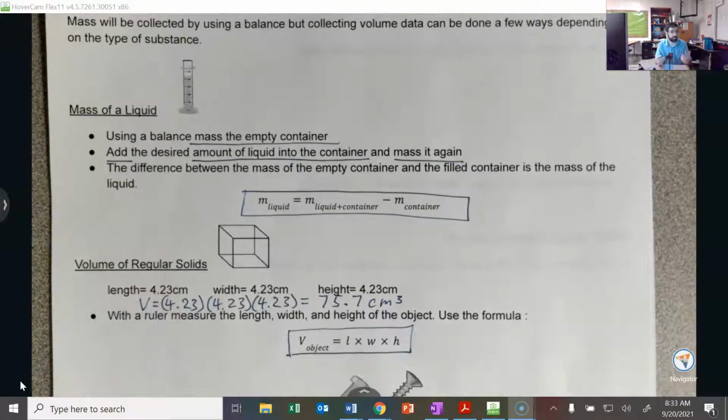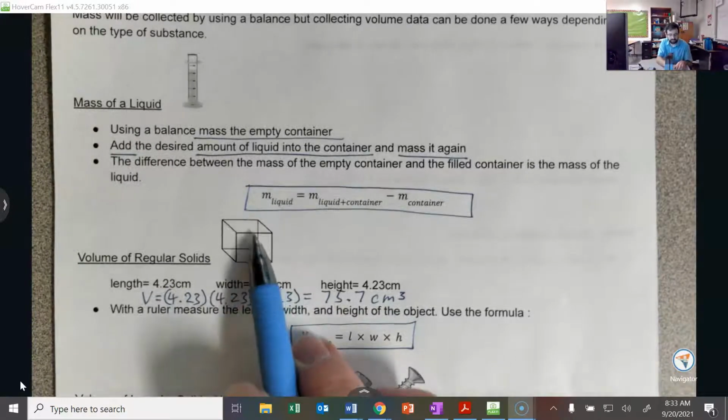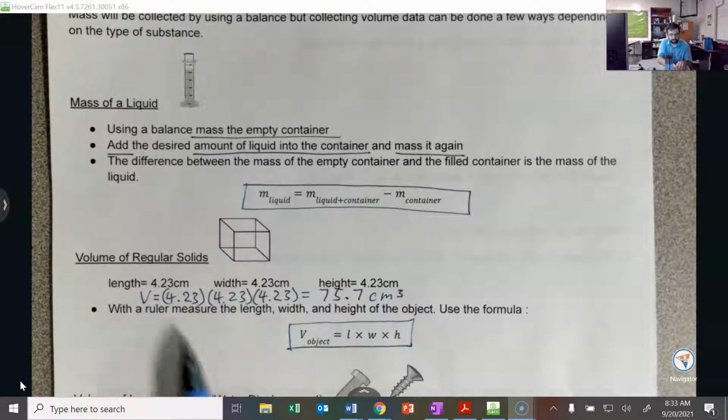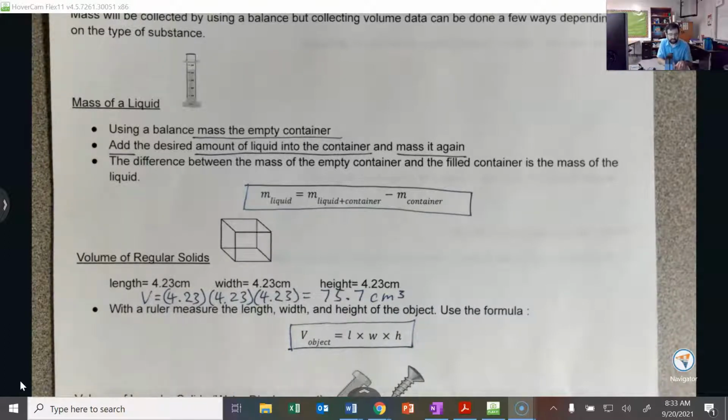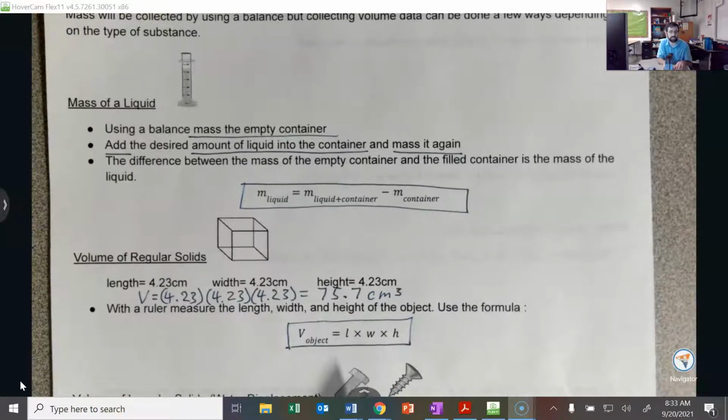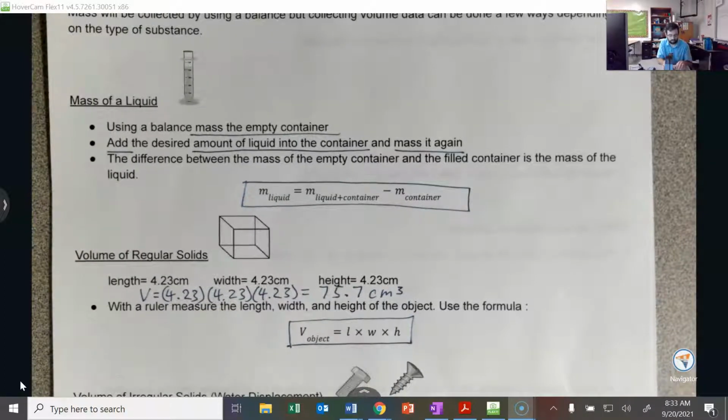Then we said if we have a regular solid, which is not very often in chemistry, but if it were to happen, you can measure the individual sides, something like a cube, and you multiply the three sides by each other, length times width times height. That's how you find the volume of a regular solid. But